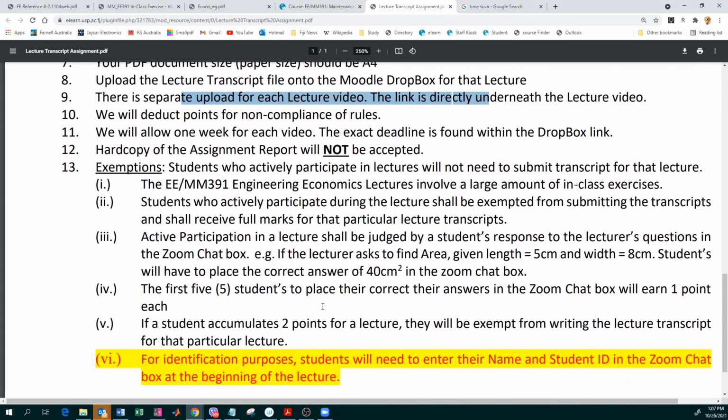Now there are some exemptions you can get out of it. Okay, this is how you get out of it. This is where the game is, right? Students who actively participate in the lectures will not need to submit a lecture transcript for that lecture. So if you notice that E391, MM391, the engineering economics lectures, we are using a large amount of in-class exercises. So students who actively participate during the lectures shall be exempted from submitting transcripts and shall receive full marks for